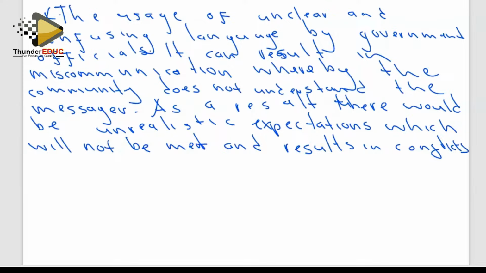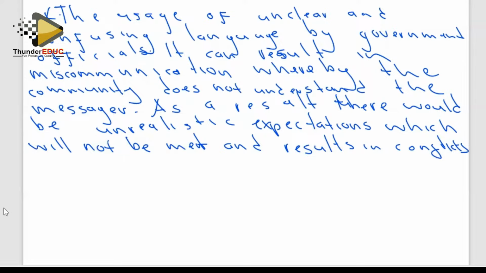Then also, we have other points which we'll discuss in passing: not involving the community in decisions, whereby government takes unilateral decisions without consulting community members. Then failure to provide updates on the progress of certain projects. Then also speaking in a disrespectful or defensive manner. All these are instances where communication might go wrong, or examples of poor communication between government officials and community